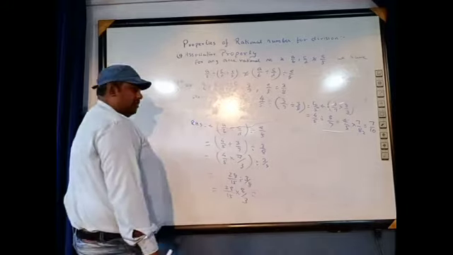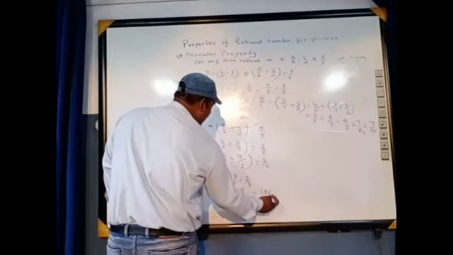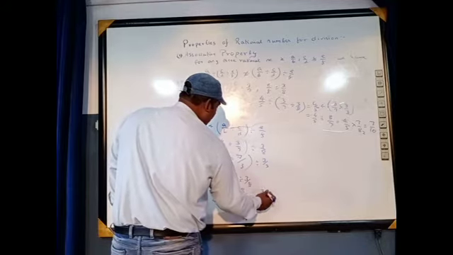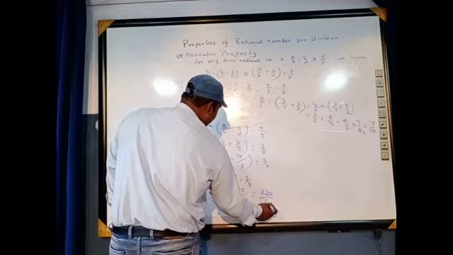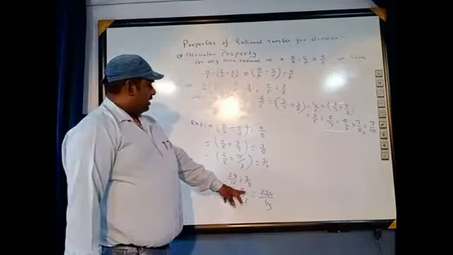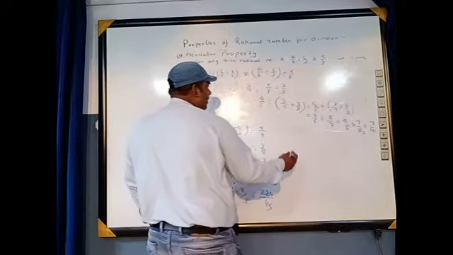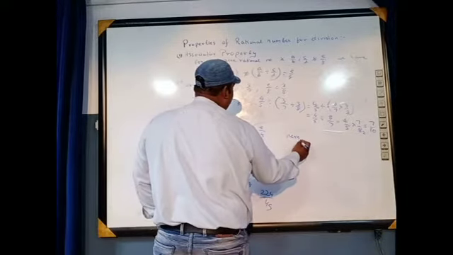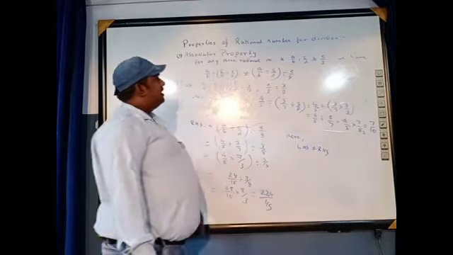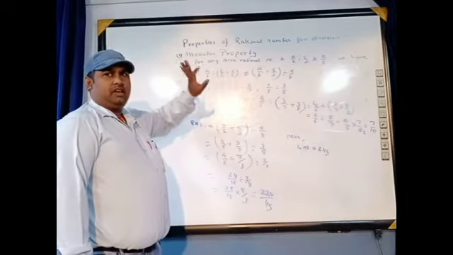And what did we get? We get a result which is not equal to the previous result. We get 224 by 45. How much do we get? 224 by 45. 28 into 8 it will be 224 and 15 into 3 it will be 45. Here we got LHS not equal to RHS. Hence we can say that associative property does not exist for the division.